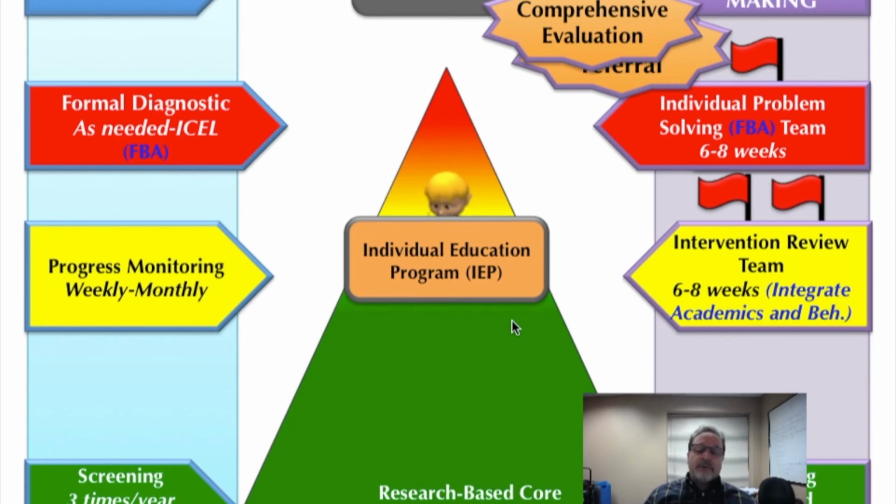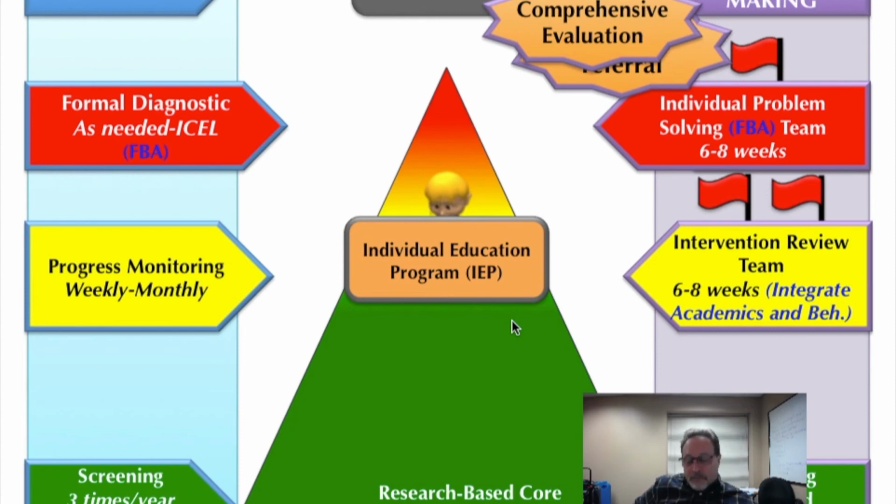Oftentimes, historically, those students will just be getting services, or at least the supplemental services, from a learning specialist, and possibly in another classroom, and not be receiving the whole host of supports, intervention, and instruction that they should be getting from Tier 1 and in Tier 2 interventions, where they may oftentimes be in an intervention with students that are not on an IEP. But at any rate,